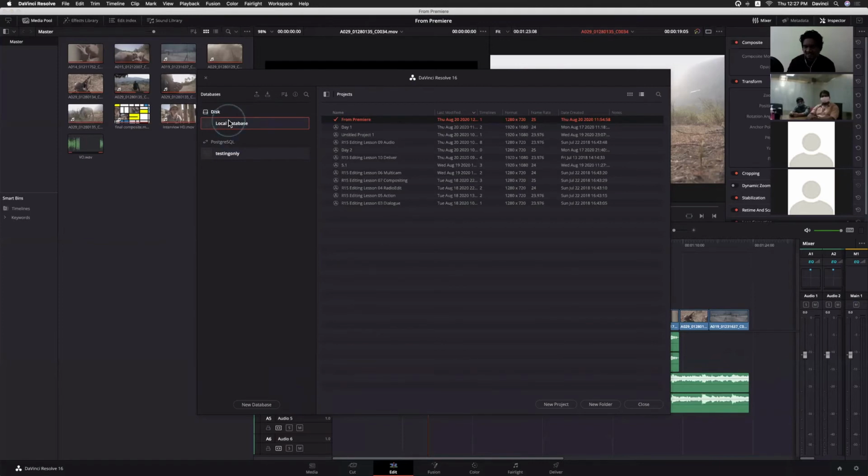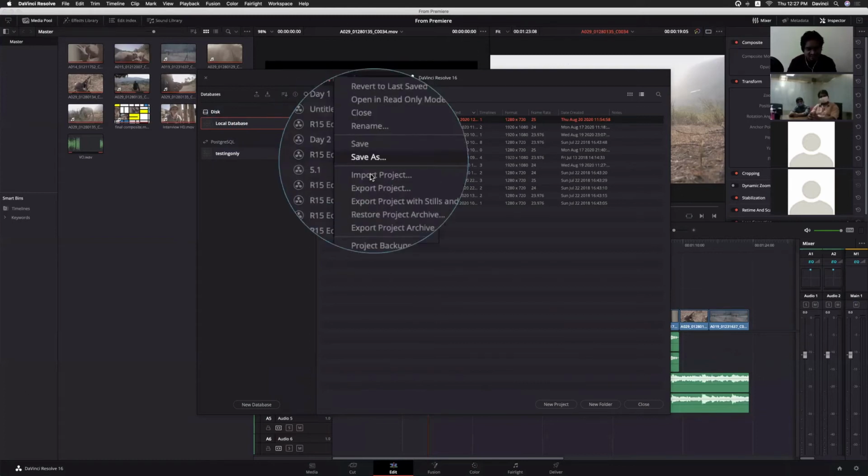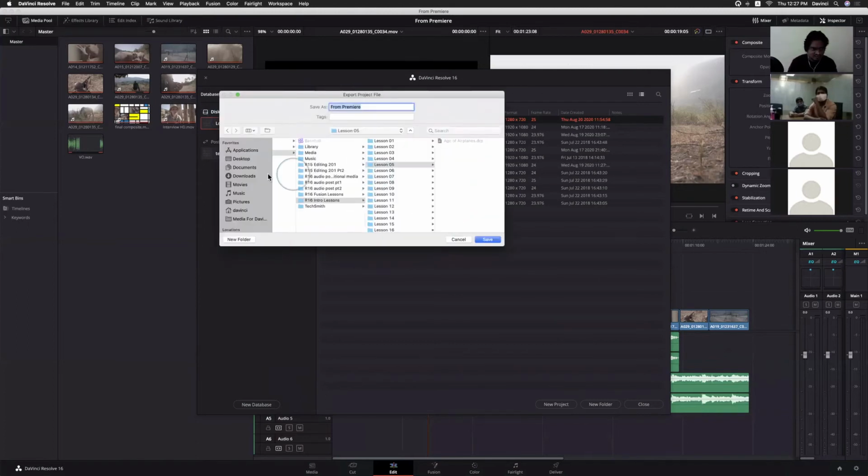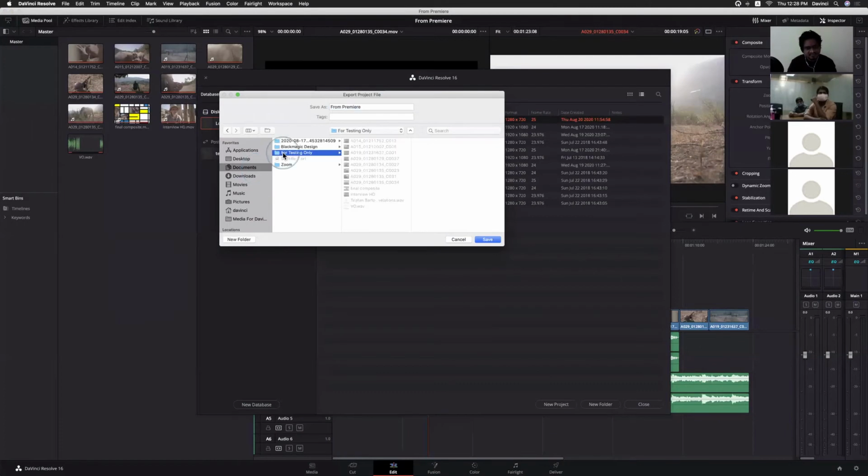right? Inside the database. But if you want to send a project to a particular person, okay, now let's say for Premiere, by right clicking we can export a selected project along with the media and everything, only the selected one. Okay, so export project. Now I'm just naming it for testing only.